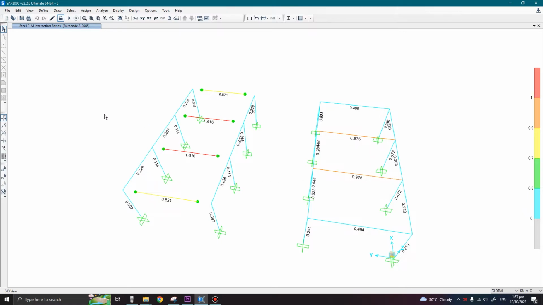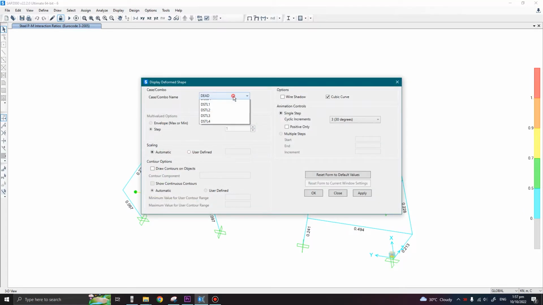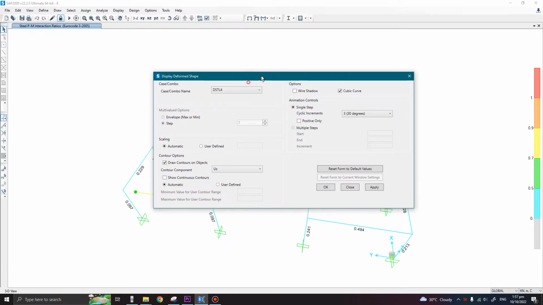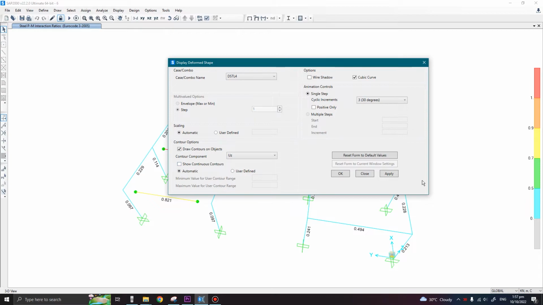Now we have two options here. We can either increase the member section and reduce this utilization ratio, or we can modify some other factors. But before that we need to check whether our deflection is in the limiting range or not. So I will select the service load combination and click on use Z here for global Z deflection. Click on apply,